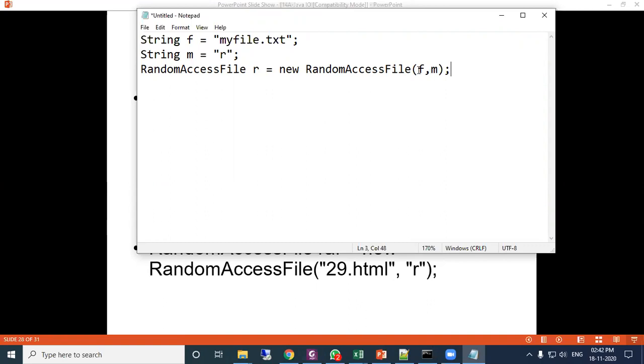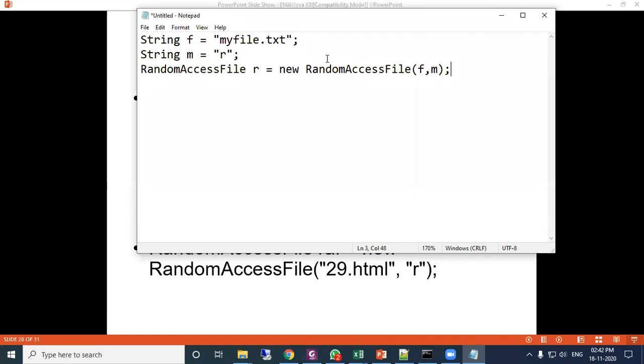Here we can use a string variable also. Like here, I have stored my file.txt in F, or at runtime, if I input a string and store it in F, that F can be used here. Suppose there was a question, open a file in read mode and the file name will be entered by the user.